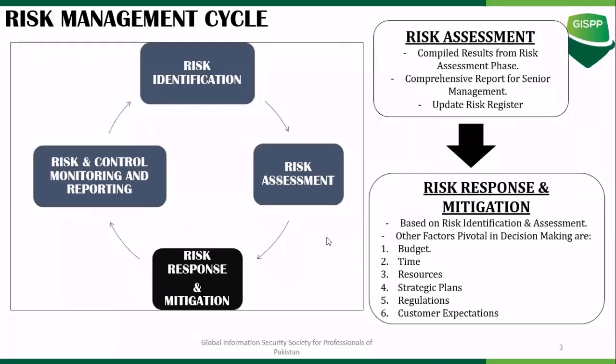The first one is risk identification, then the results from risk identification are fed into risk assessment, and the results from risk assessment are fed to risk response and mitigation. And then the last phase is risk and control monitoring and reporting. The results from here are then again fed into the risk identification phase. So this is a cyclical process, but since today we are focusing on risk response and mitigation,